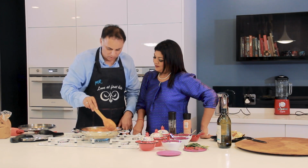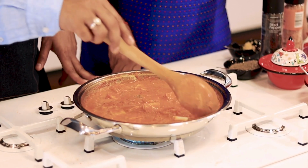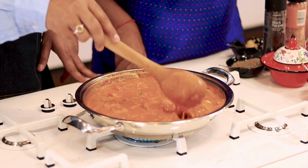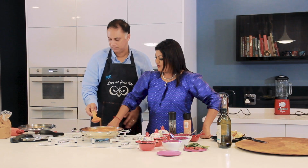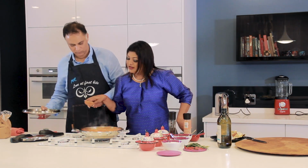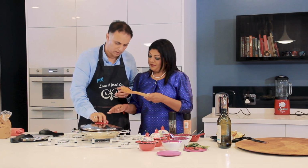So does this also soften the paneer? You don't want it to be too soft and to crumble. So there we go. All right, and I'm going to just turn that off. I'm going to put the lid on it, and you would see that the